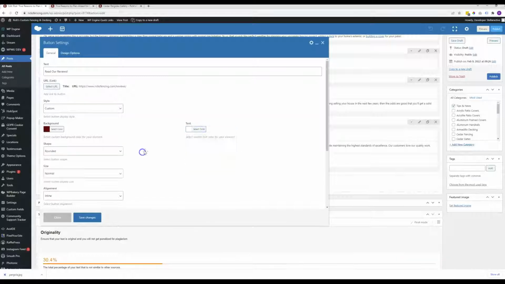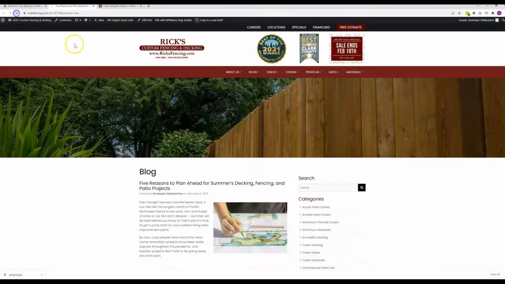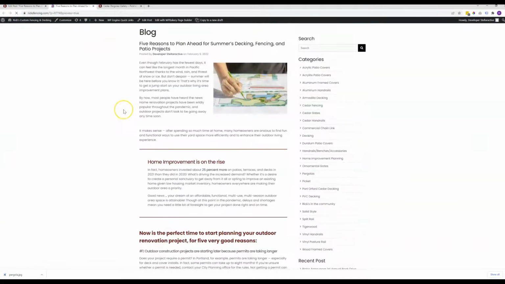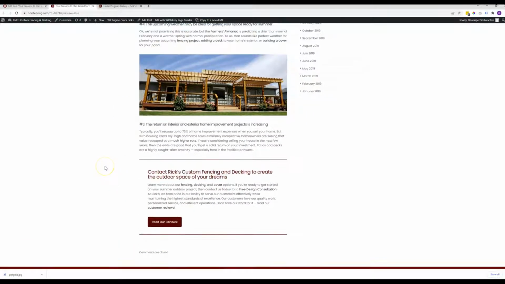Text, it's white. Save. Save. Ta-da! Much better. So it asks you, I guess, when you